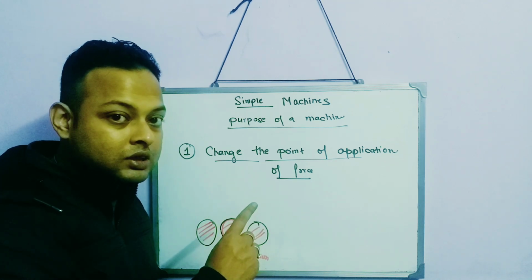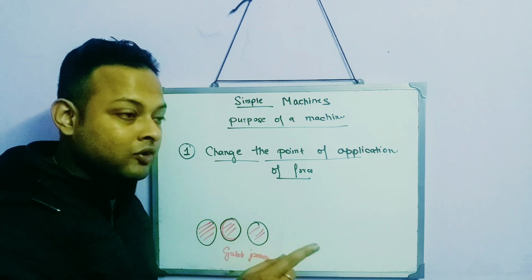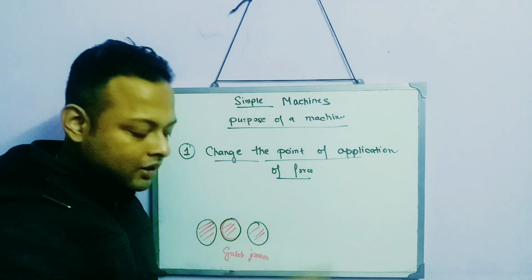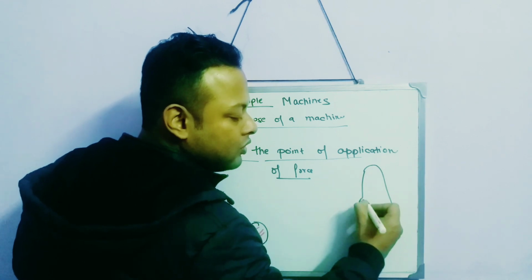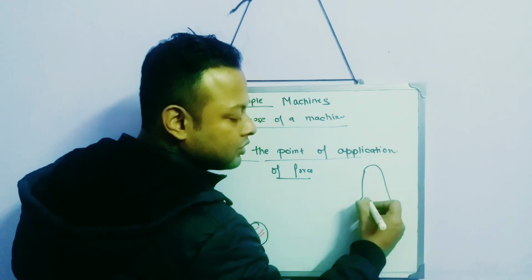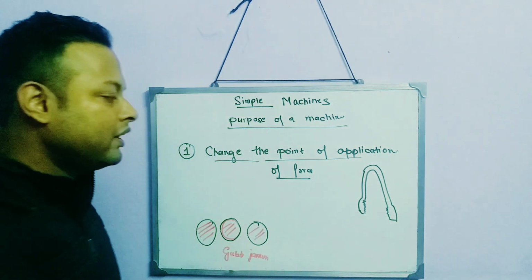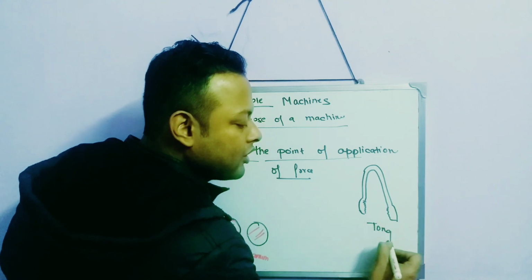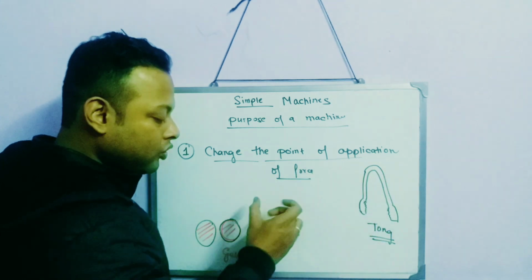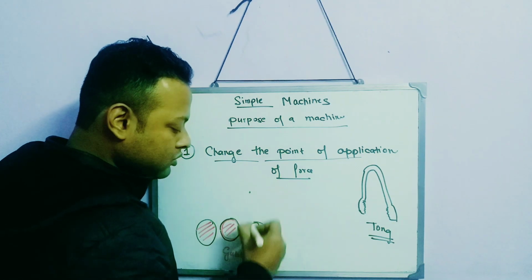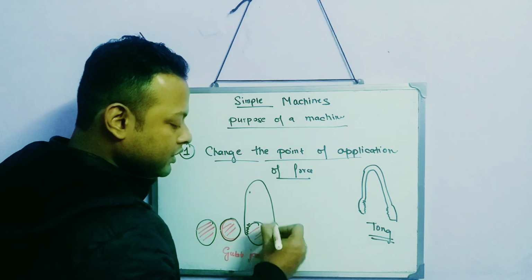Again, that pair of tongs. If you understood pair of tongs over here, good enough. If you haven't understood pair of tongs, this is the picture of the pair of tongs. Okay, so a pair of tongs looks like this. Now this is a tong, or a pair of tongs. So now I will take this tong over here. So now this tong is over here.